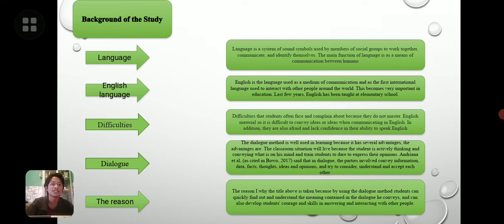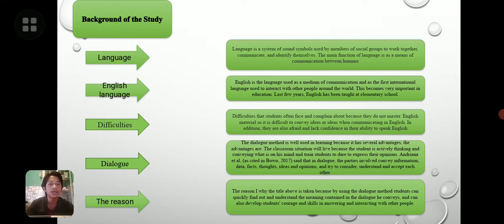Language is a system of sound symbols used by members of a social group to work together, communicate, and identify themselves. The main function of language is as a means of communication between humans. The second is English language.